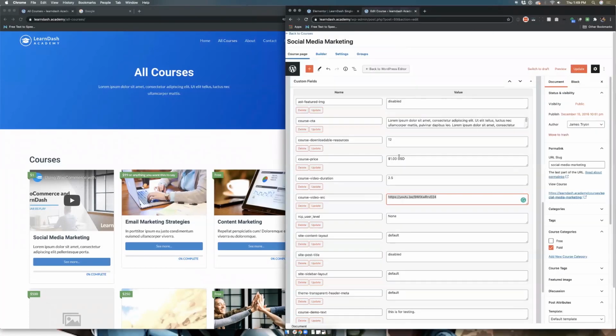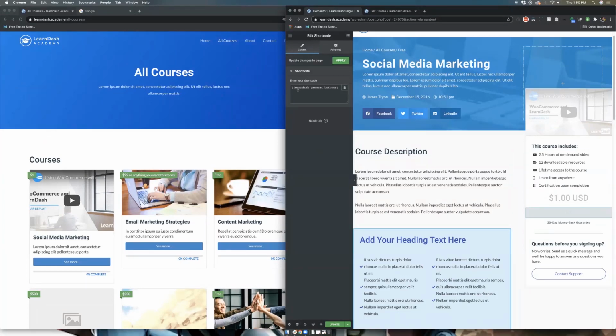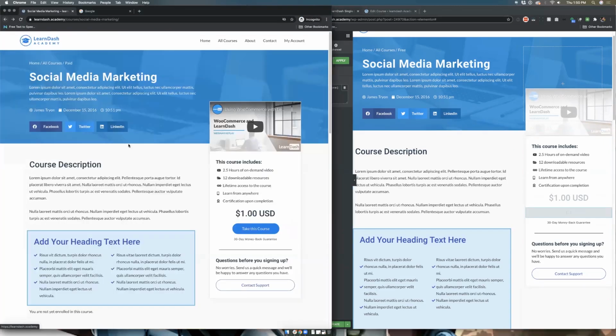Now I could probably, like I said, write some shortcode or do some coding to pull out the default features from LearnDash. Again, I was just trying to use the tools at hand, and so I made another one called course price. Same way, started styling it. And this time I included our shortcode to the LearnDash payment buttons. So this will print out any of the payment buttons based off the default gateway that you currently have set up, and it'll print them out here. As you can see on my screen,